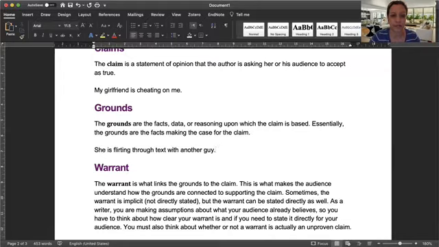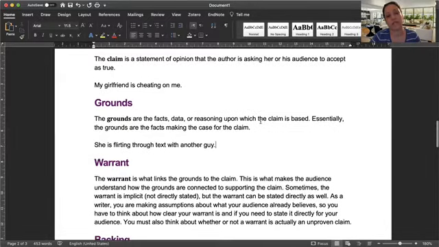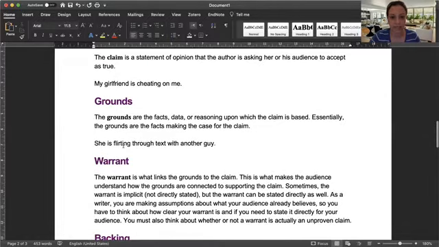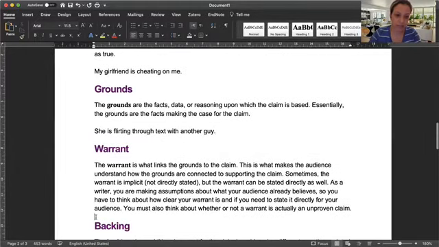And then Toulmin comes and says, no, this is not how it works. You just said a claim, but the grounds have to have a warrant there. And then you go, what is a warrant? Well, he says, the warrant is what links the grounds to the claim. This is what makes the audience understand how the grounds are connected to supporting the claim. Sometimes the warrant is implicit, not directly stated, like in this case here, but the warrant can also be stated directly. So let's make this argument a little bit stronger and say,